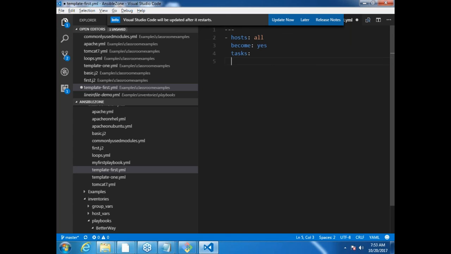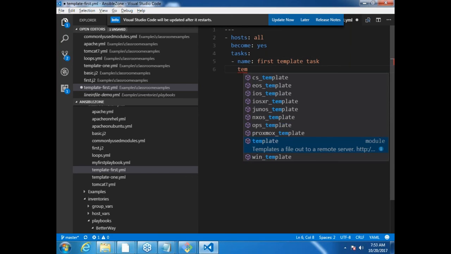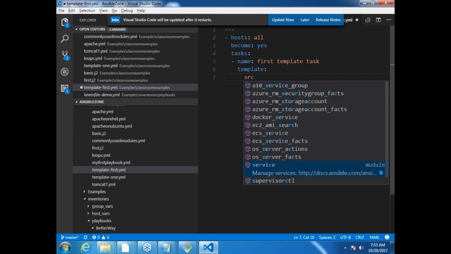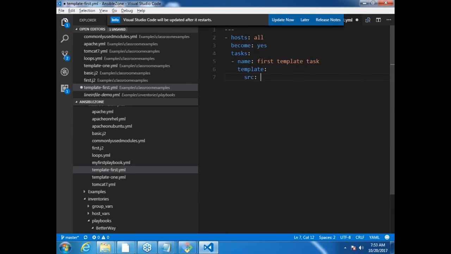And in the task, name first template task. Okay. And here I would be using a module called template. In this template, src. What is source? Source equals first.j2, right? First.j2. And destination is home